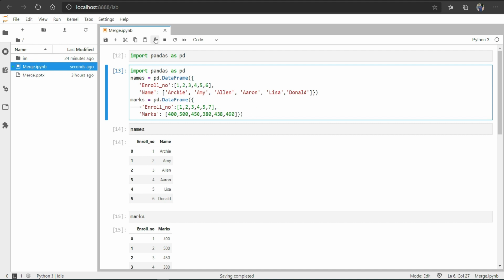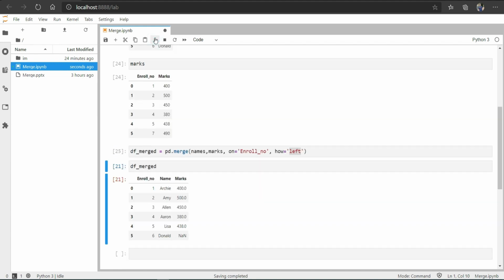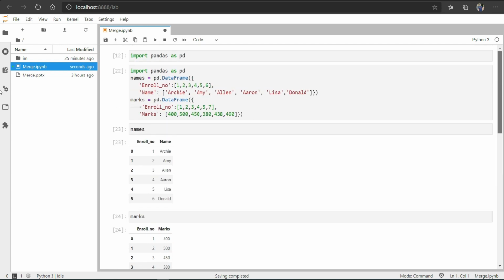Okay, let me run it now, and if I say right, then what should we get? See here, we have the entry of enrollment number 7. The name is NaN because we do not have an entry of this particular student in the names data frame.